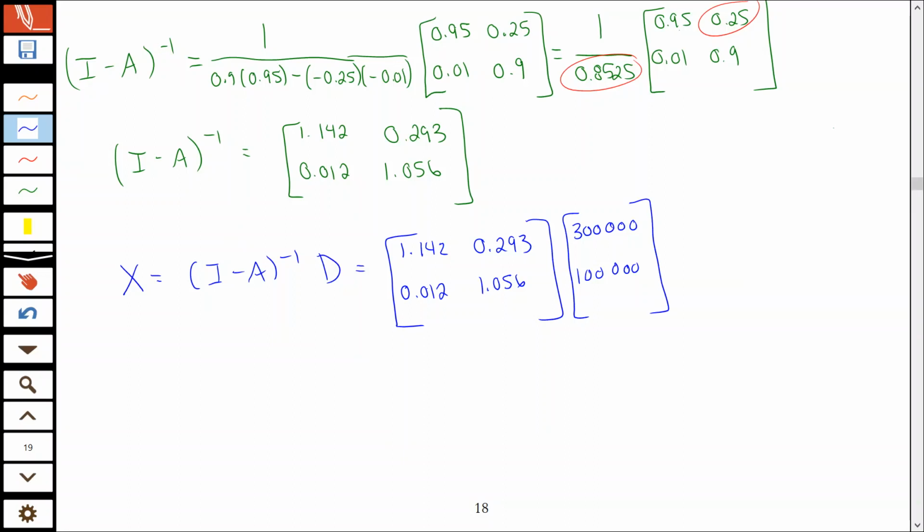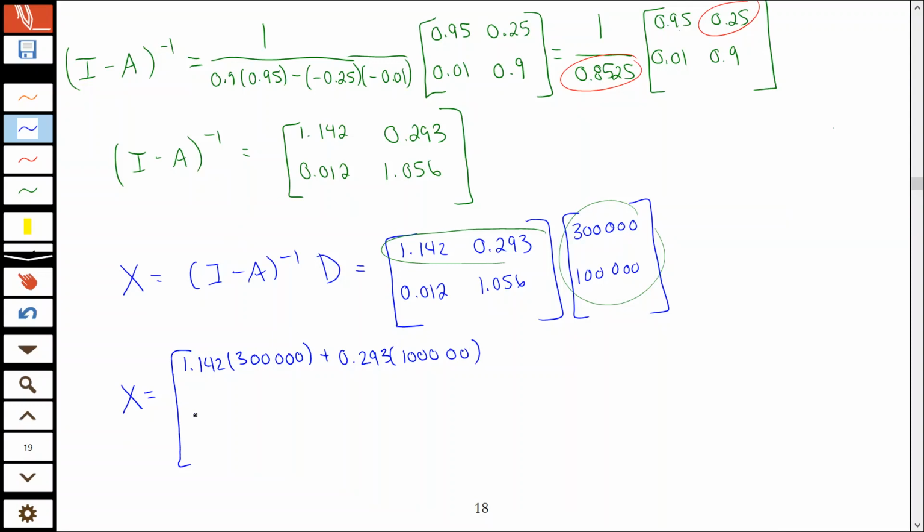So if we multiply this out, it's going to be that first row times that column. And so my X values are going to be 1.142. And you don't have to write this out if you're a solid matrix multiplier. And in my second one,